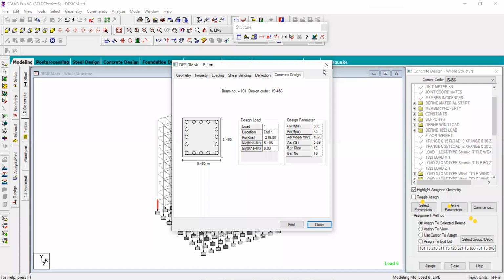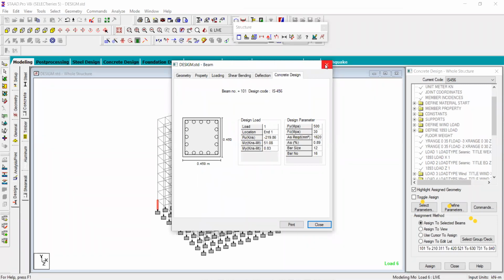Economical design means that when you check the percentage of steel in beam and column, you know that if the column size is more, then most of the load will be resisted by the concrete. There will be no use of the reinforcement. But the optimum section will have a steel percentage of more than 1.5.